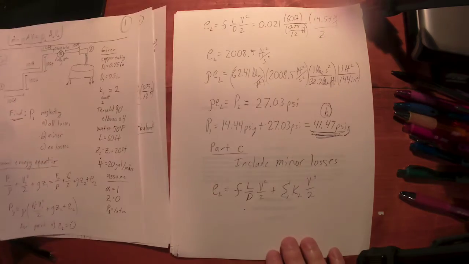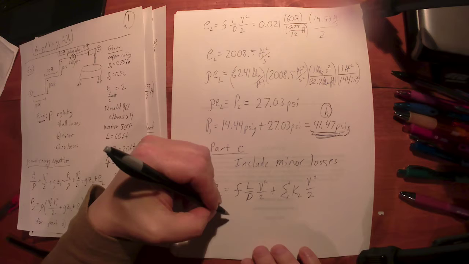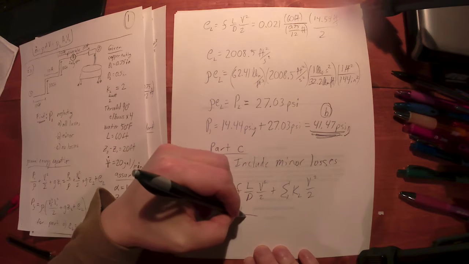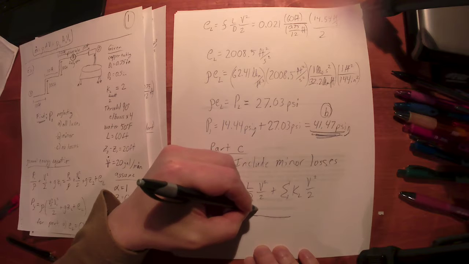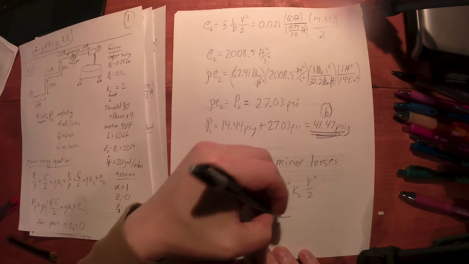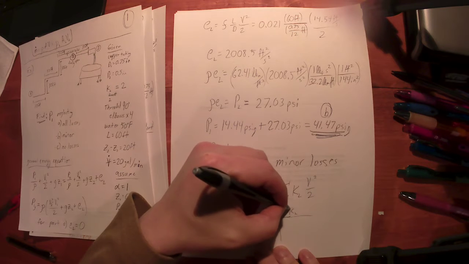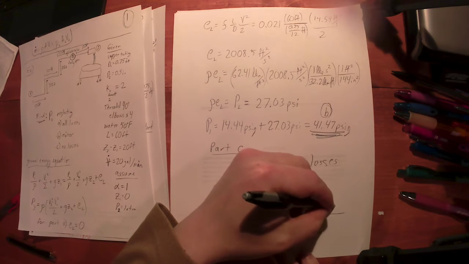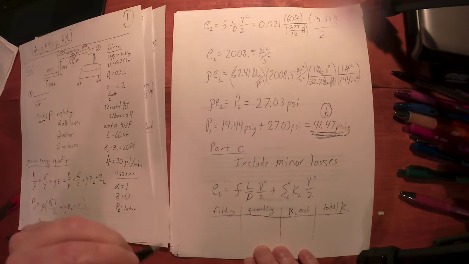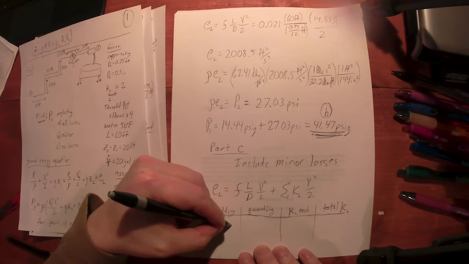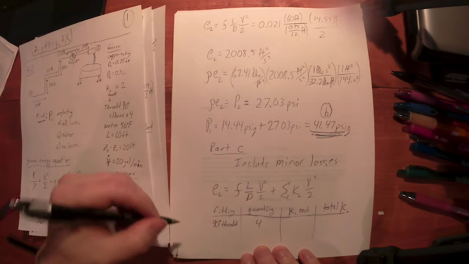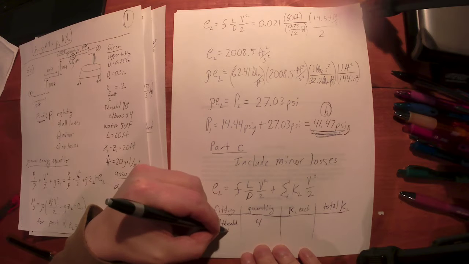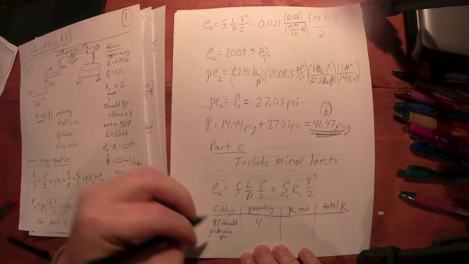The globe valve. What I would suggest is build yourself a little table here of what you have. A lot of times I call it the fitting or a description, something like that. Quantity, how many of them do you have? Minor loss, each. And the total K_L for that particular fitting. So I've got 90-degree threaded. I've got 4 of those. I've got 1 globe valve open, and then I've got,